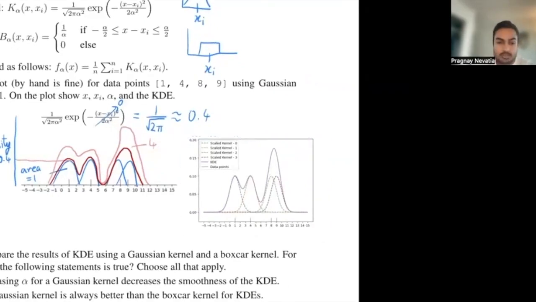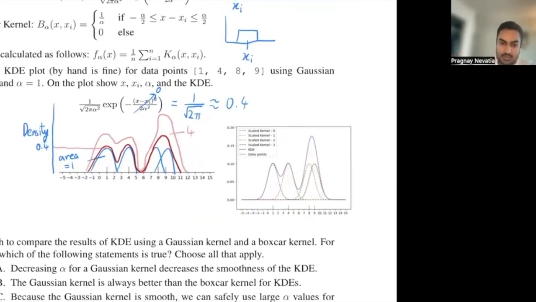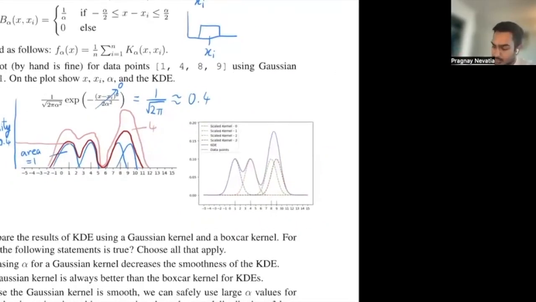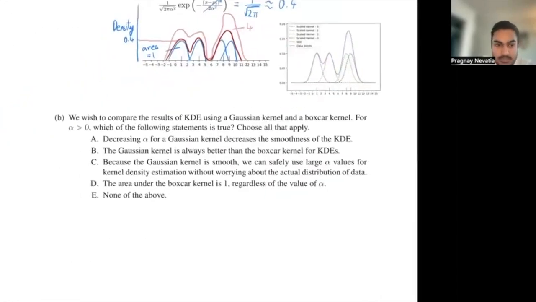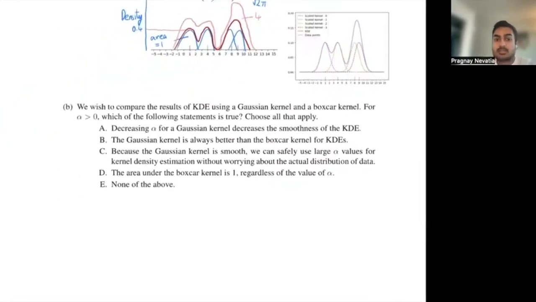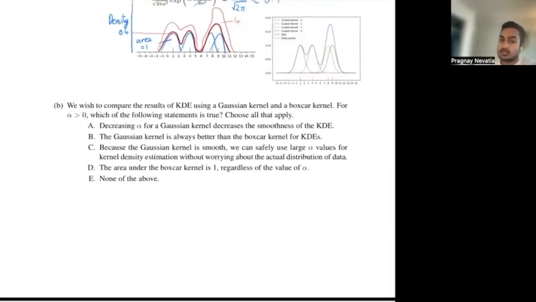Okay, so this was a lot of information. Again, please post on Ed if anything is unclear. Okay, so let's move on to part B. Part B is asking us to compare the results of KDEs using a Gaussian kernel and a boxcar kernel. And here you have to select all statements which are true